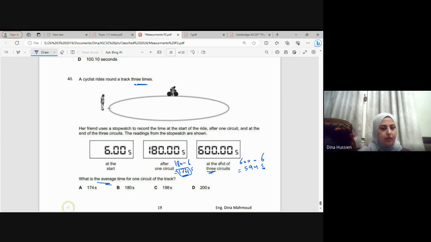لأن هي لما قاس 3 بقى 594. طيب يبقى أنا كده معايا one reading for one circuit. هنا دي reading بتاعت 3 circuits. لو أنا عندي الريدنج دي بس اللي هي 594 وعايزة أجيب عندي 3، احنا قلنا ايه؟ هنجيب البيريود اللي هي التايم بتاع 1، كنت بديفايد التوتال تايم اللي عندي by the number of oscillations اللي معايا. The total time I have here is 594 divided by the number of oscillations اللي معايا، اللي هم كام؟ 3. So the answer here is going to be